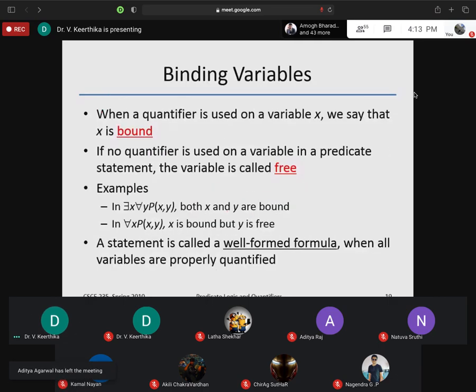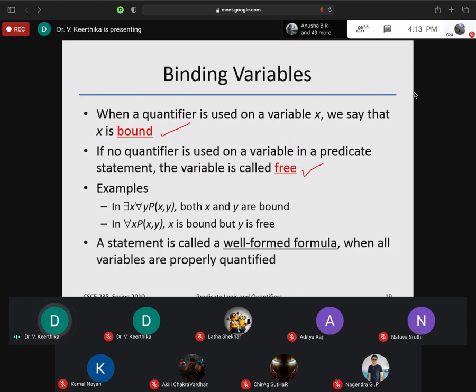Now, this is the binding of variables. In the beginning itself, I told you what is a bound variable and what is a free variable. When a quantifier is used on a variable x, we can say that it is a bound variable. If no quantifier is used on a variable, it is free. We are not restricting it with for some or for all.